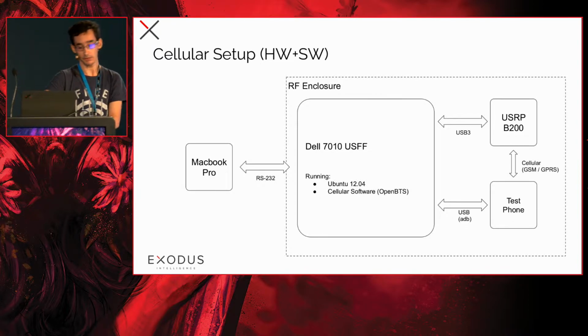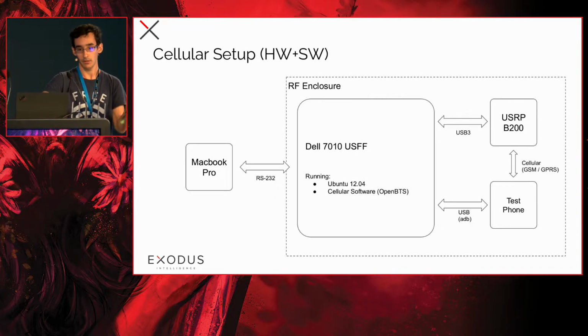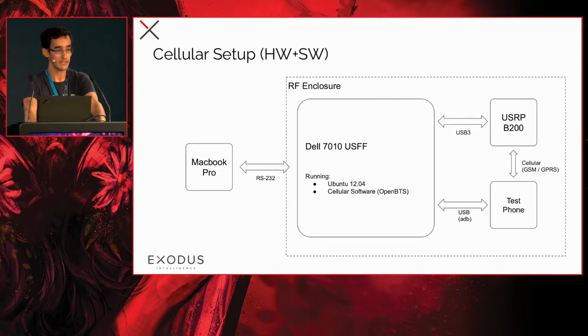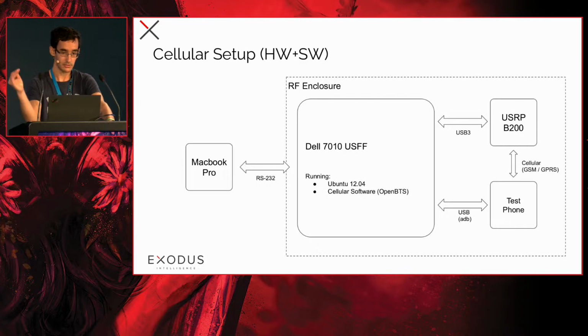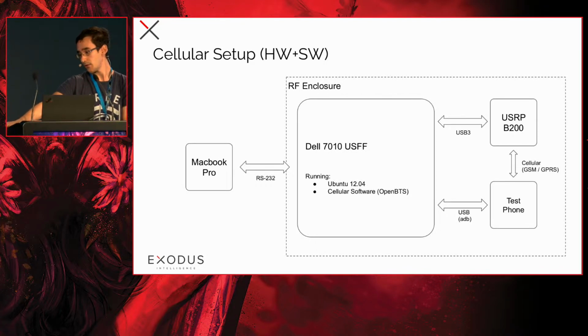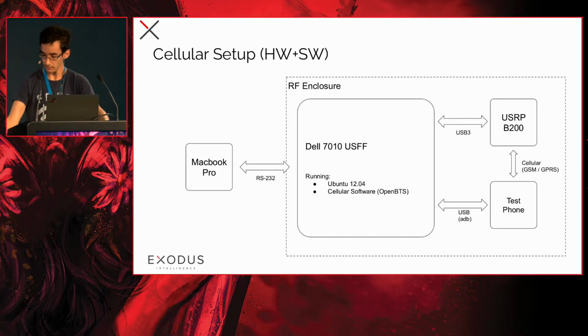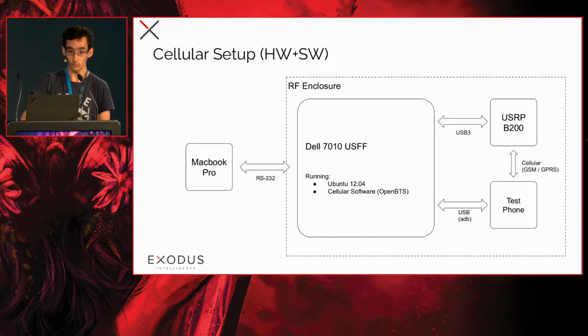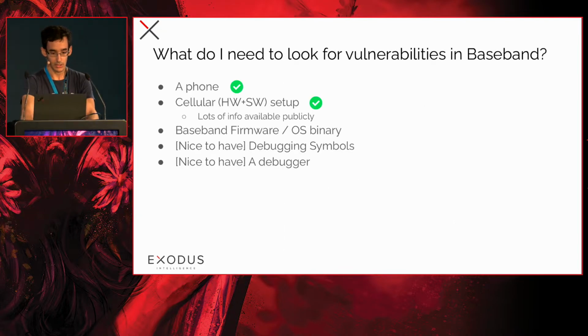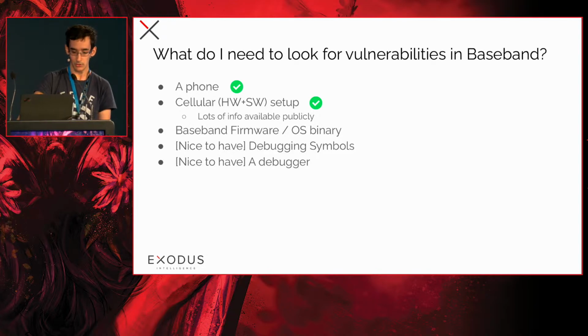over serial connection. The reason to use a serial connection instead of anything else is that this RF enclosure is really good at something. This is isolating radio frequency, and therefore I could not drive an Ethernet connection through it because there are capacitors separating the inside and the outside, so the signal would get too attenuated. So right now we are done with cellular setup, and let's take a look at how we can actually find